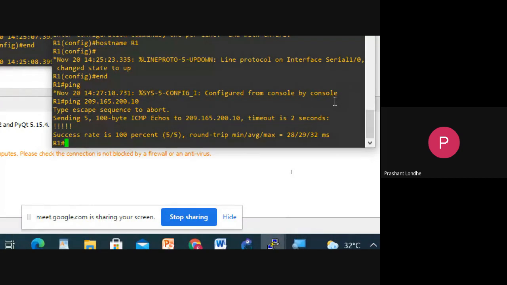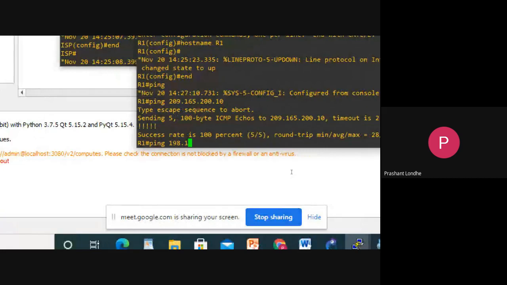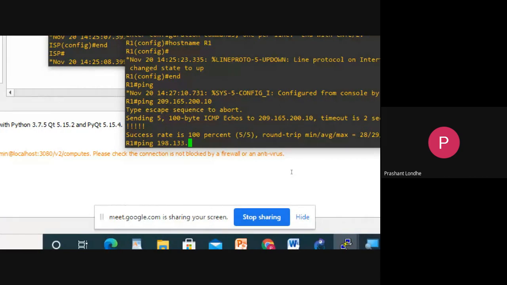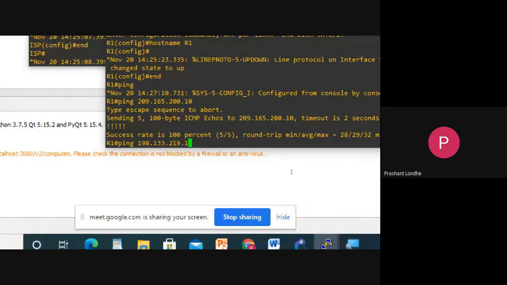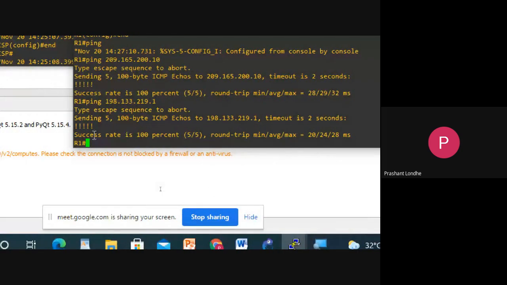Now let me check it with the web server, 198.133.219.1. Again, the success rate is 100%. So basically, I have sent 5 requests and received 5 responses.